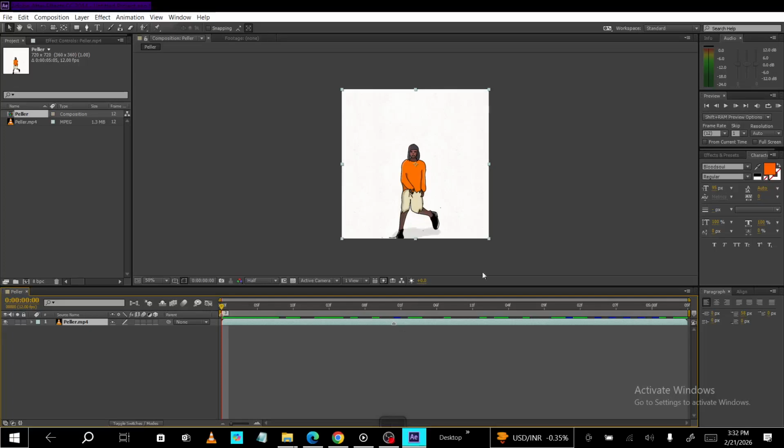In this video, I'll guide you through how to split a layer in Adobe After Effects so you can cut a clip precisely where you need and work with each piece separately. This is a simple but powerful skill that really helps when you're editing motion graphics, visual effects, or any kind